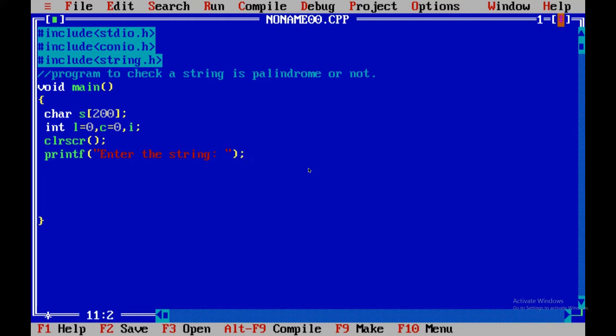For taking input, I'm using the function gets. As I have told you, it is a special function for strings that will take inputs without any pause. This will be more convenient than the normal method that we use to take input from the user one by one using a for loop for arrays. In this method, we don't require any for loop; it will take the input just without any gap.